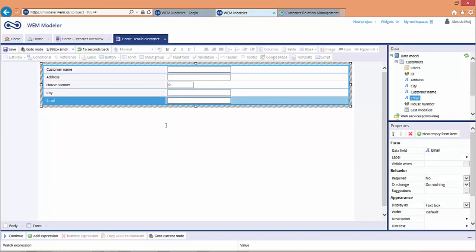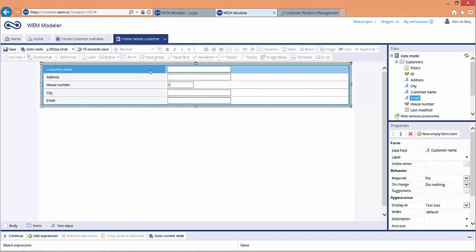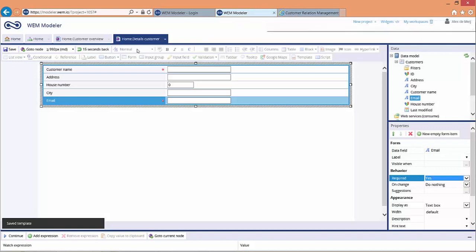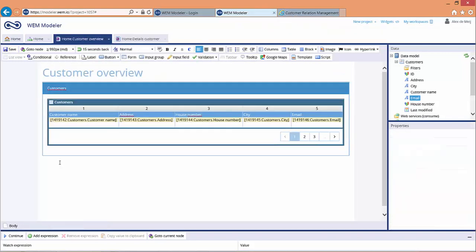And you can configure anything on this form by configuring the properties on the right side of the screen. So for instance, you want to have the customer name required. Just select required yes on the right side of the screen, and I also want to have the email address required. So there you have it. Now 2 red dots appear in this screen. So I can save this one, and I only have to add a button,